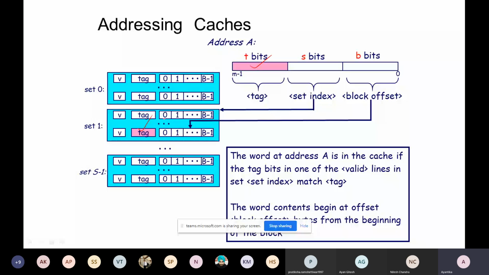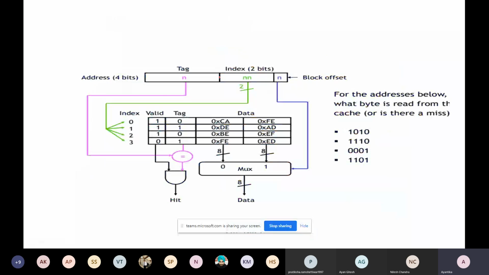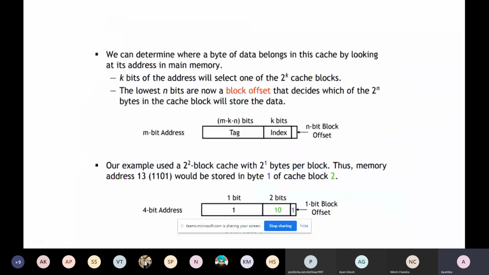Sorry, these are the blocks 0 to B-1. And when you are getting that exact block address, from there you are actually fetching the offset value we will be considering. That part will be your data that will be sent to your CPU. Okay. So this is the concept of,